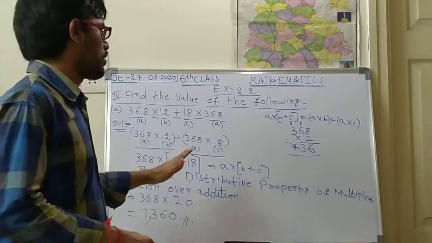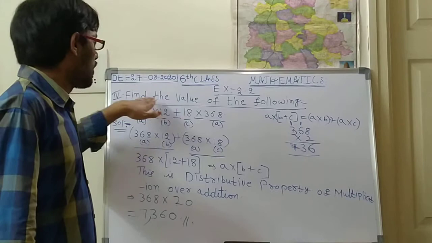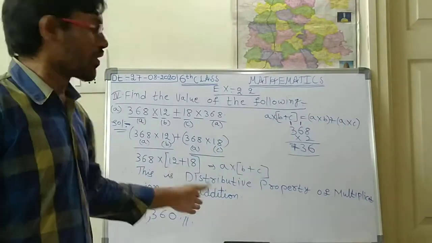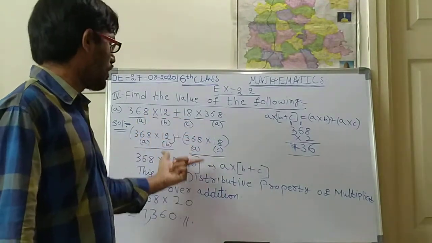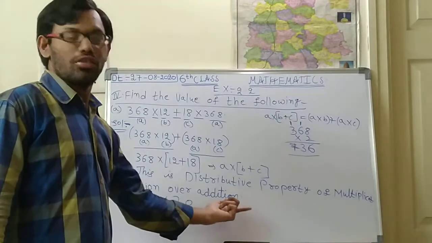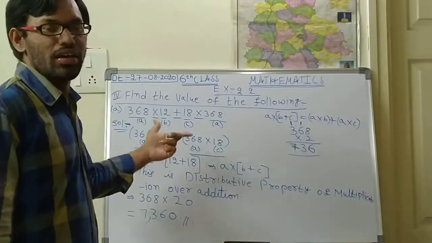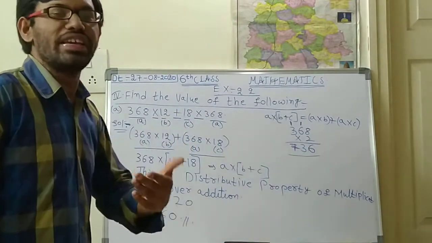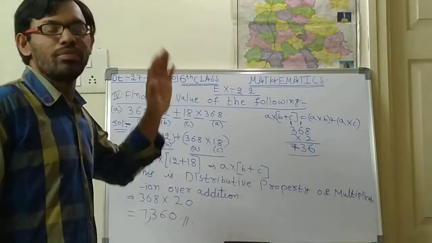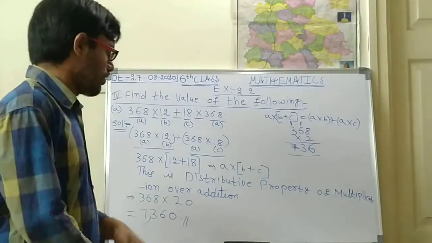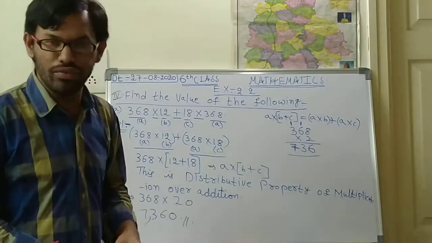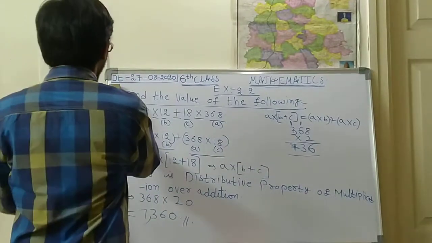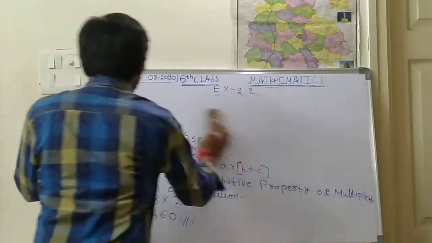This bit will be the same as this, because here he said only to find the value of the following, but he didn't say which property it is. So while you are solving the problem, you should verify and find which property it lies in. So you should convert into that property. Okay. Then it will be very easy for you to find any type of property. Okay. So now I think you have understood very easily. So now we shall go with one more problem. In this exercise, one of the word problems is there. Next one.